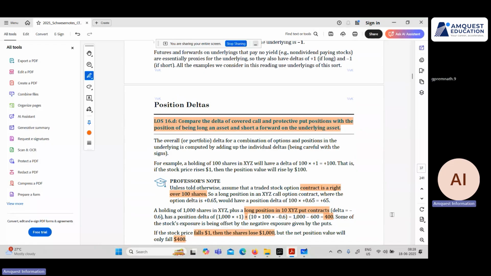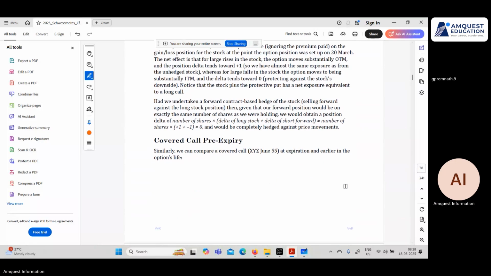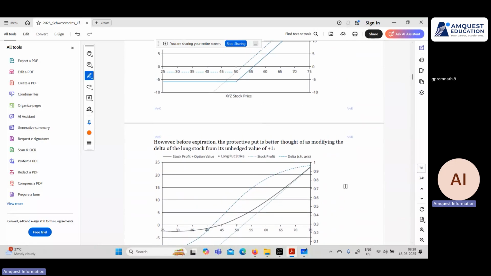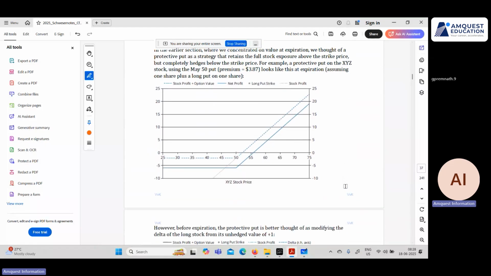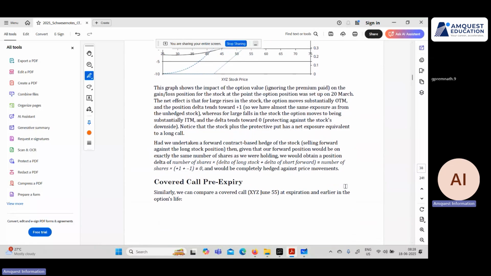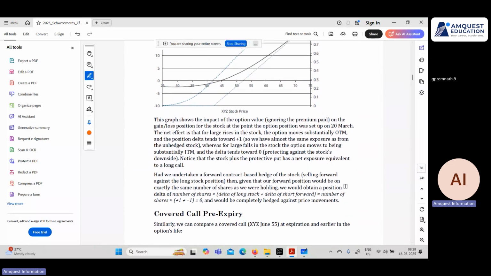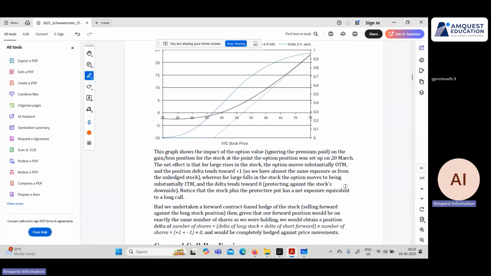Are you comfortable with these things? Yeah, comfortable. And then something that we already discussed, but just wanted to show you. They use the word protective put pre-expiry, and then they said covered call pre-expiry. The only thing they're trying to mention over here is that we usually assume that whatever transaction we would do at expiration,